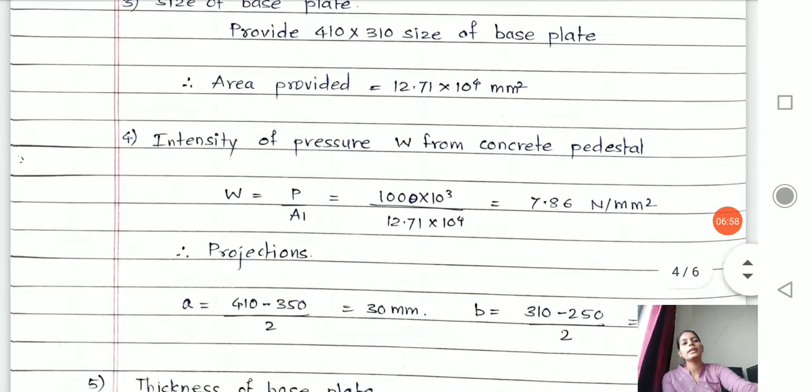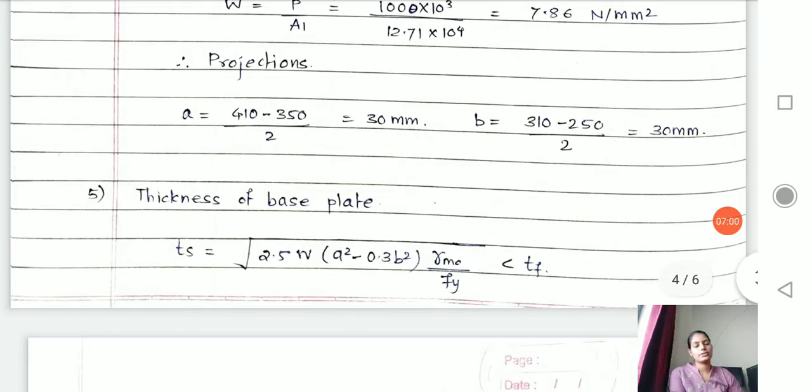Okay. Now the projections. Here I said you have two ways. One way, you can assume first, and accordingly you can choose a length of your base plate. Otherwise, you can choose a length of a base plate according to the area, how I did here, and then you choose the projections. Rather, I will say calculate the projections out of the length and width of a base plate. How do we do that?